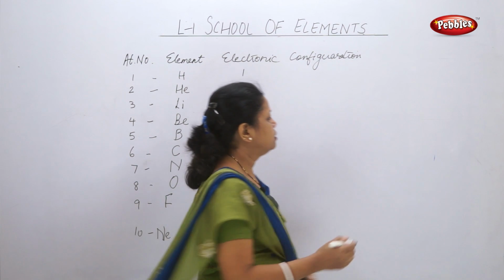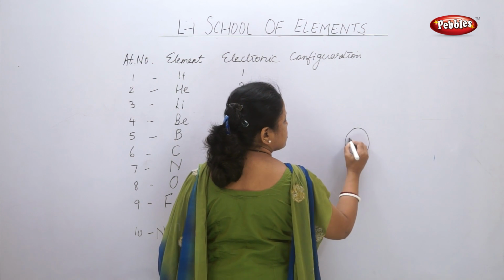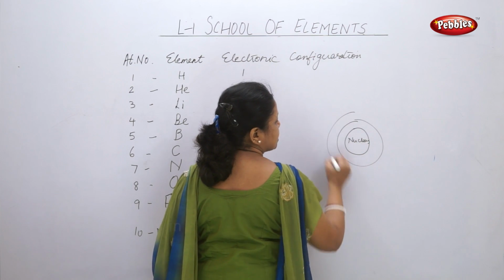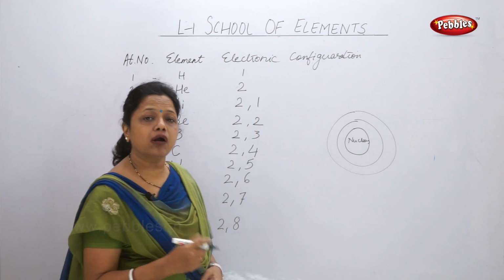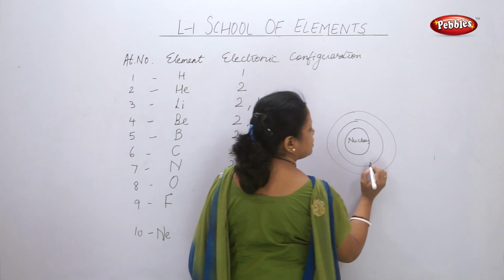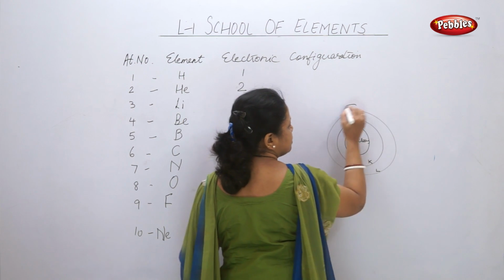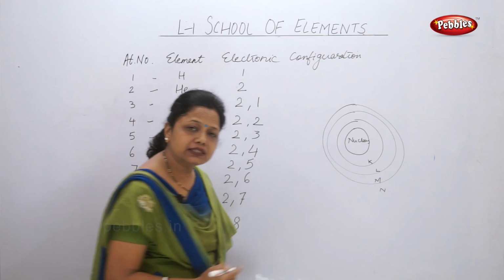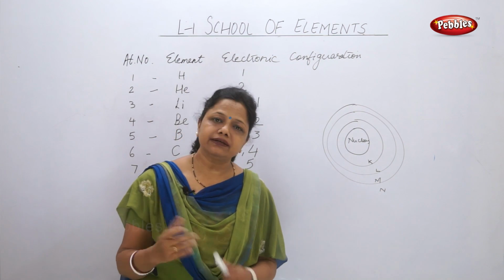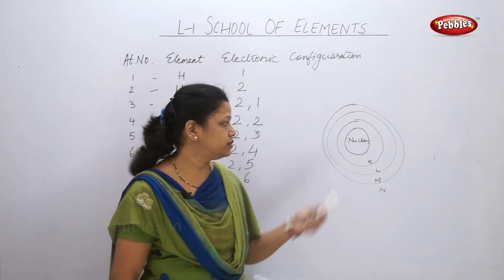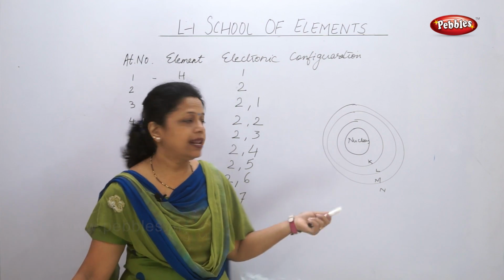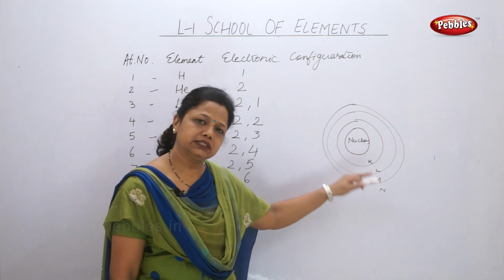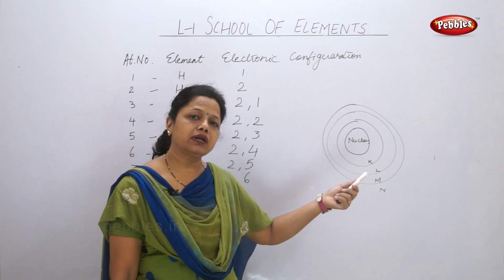Let me remind you, in between there is a nucleus of any atom which we are talking about. These are called the shells. These shells or orbits are also given names like K shell, L shell, then M shell, N shell, it goes on. It starts from K, L, M, N. Whichever scientist did it, he started the naming of the shells from K. So K, L, M, N, like this it goes. We also say first shell, second shell, third shell, fourth shell. Shell is also called an orbit.